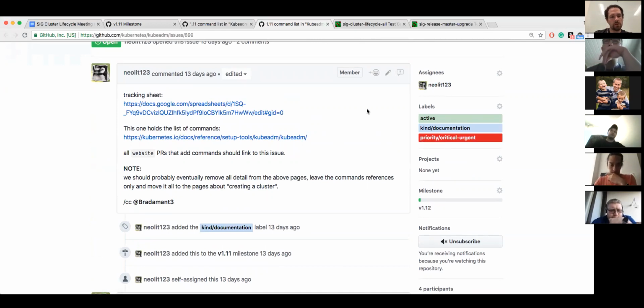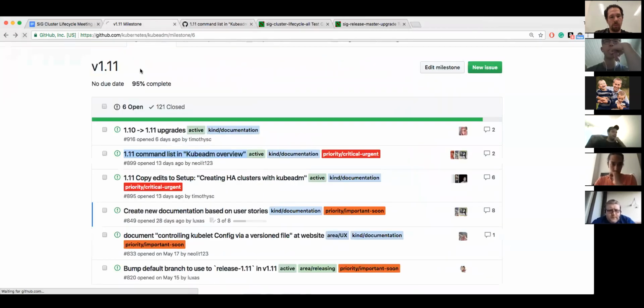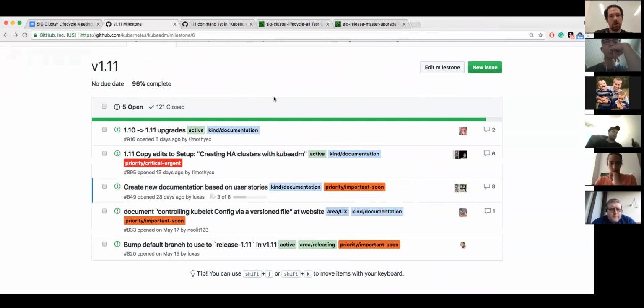My proposal there was to remove most information out of the references and leave only the commands in there, what the commands are doing, and possibly only link to the future folder of kubeadm where we want to move everything. Because right now we have a bunch of info in the reference and in a lot of different folders. Yeah, we definitely need to consolidate that. Is Jennifer on the call today? No, I think she said on SIG Docs that she's going out and she's not even going to join their meeting. Okay.